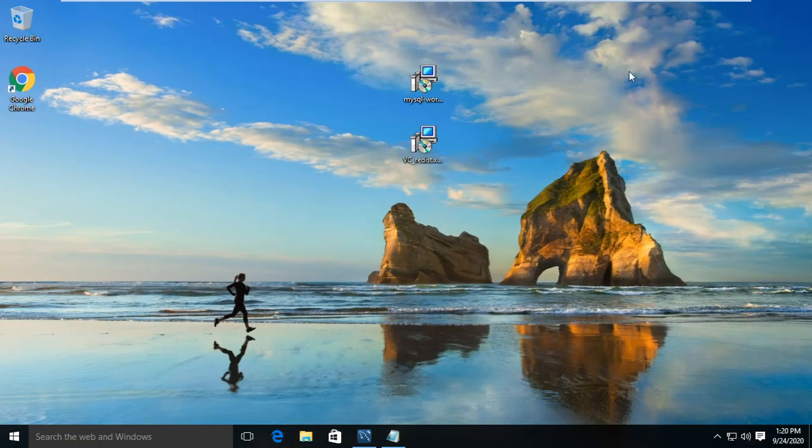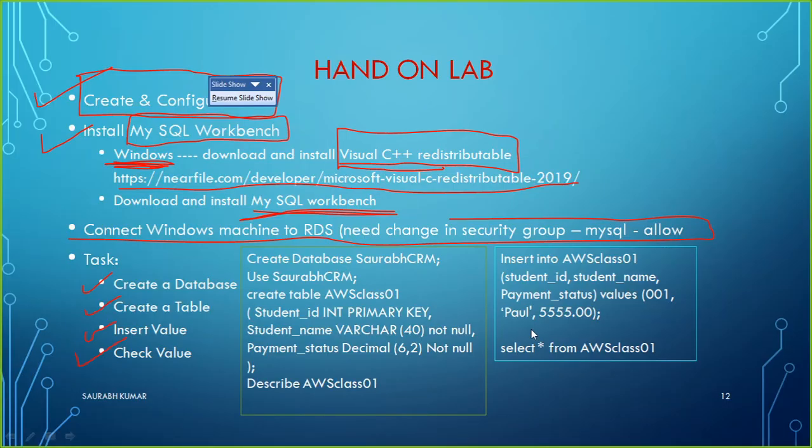So now what we have understood overall is that we are able to use this command, maybe in case you need it. We are having a Windows machine here, maybe on our premises, where I'm just running Workbench, but our database, RDS, is running on AWS infrastructure. I am just having a connection, I'm executing the query here, and my data is being stored on RDS, Relational Database Service on AWS.